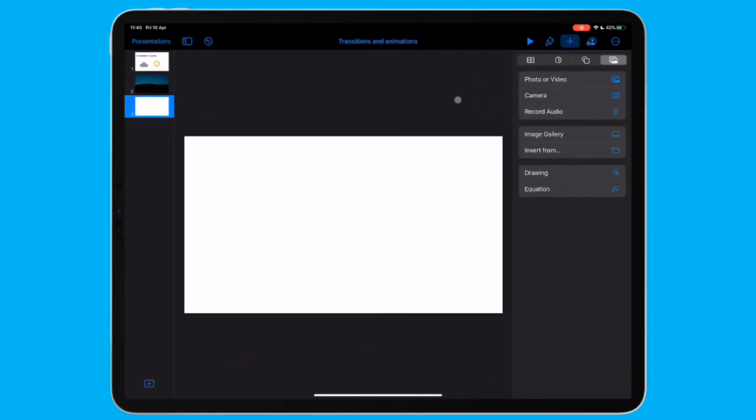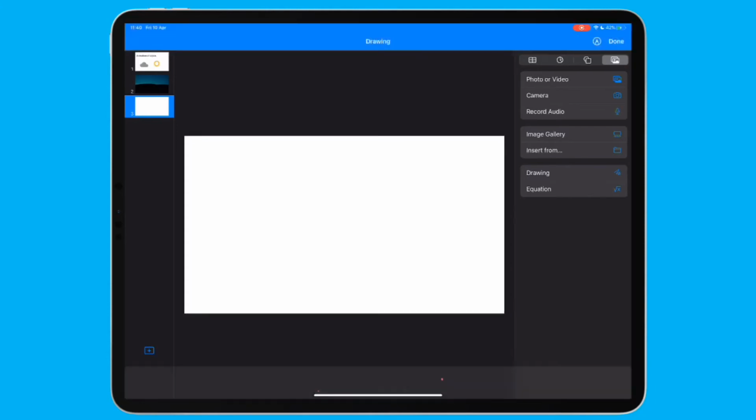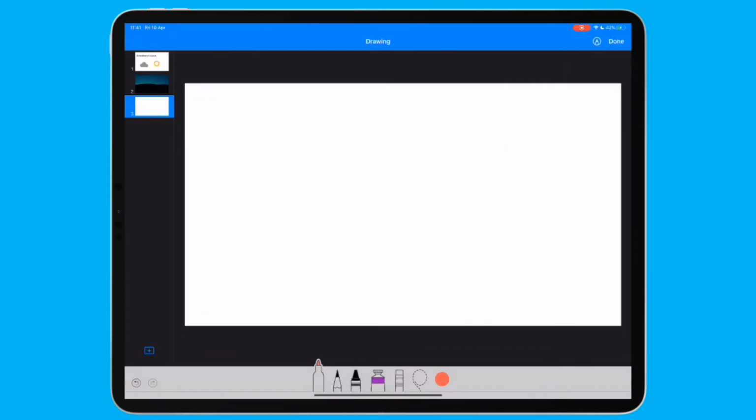Another great thing to do is to insert line drawings, so you can animate your line drawings in. This can be writing or pictures, so I'm just going to very quickly jump in here. If you've got a Logitech Crayon or an Apple Pencil, or you're really good with your finger, this is a really good thing to do. So I'm just going to write this in here, and then I'm just going to draw a very simple